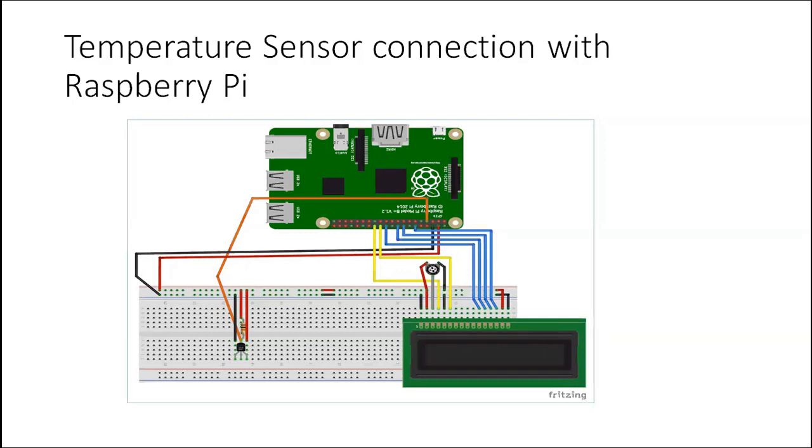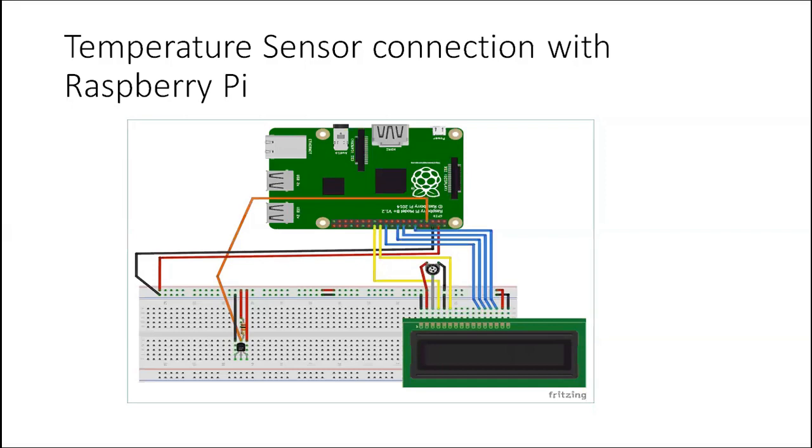In the temperature sensor, we have connected the middle one to the GPIO, the last one, the black wire, to ground, and then one more wire to VCC. So from the temperature sensor, we have connected these things to your Raspberry Pi. They use some resistor. Usually they may use some resistor to restrict the power flow in the temperature sensor. Otherwise, you can also connect it directly.